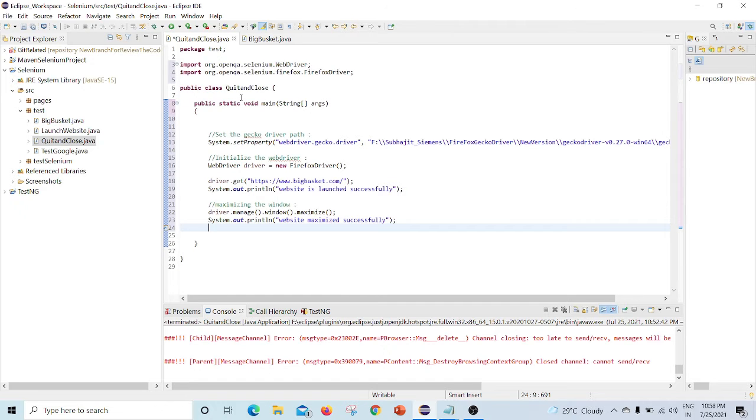I'm using the Firefox browser for executing my automated test cases, so I'm giving the Gecko driver name and mentioning the path here. You can take this path from your project directory also. Right now I'm hard coding. After that I'm initializing the WebDriver, and then launching the website.